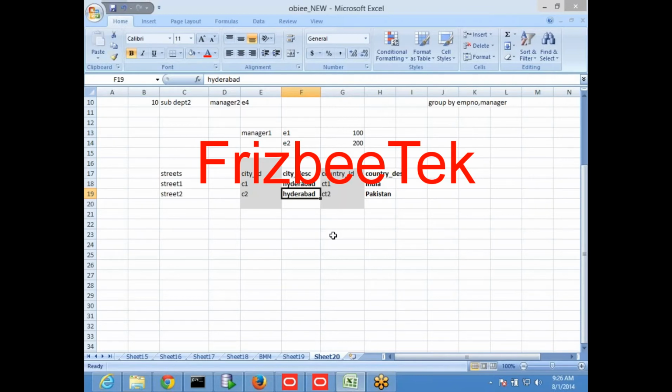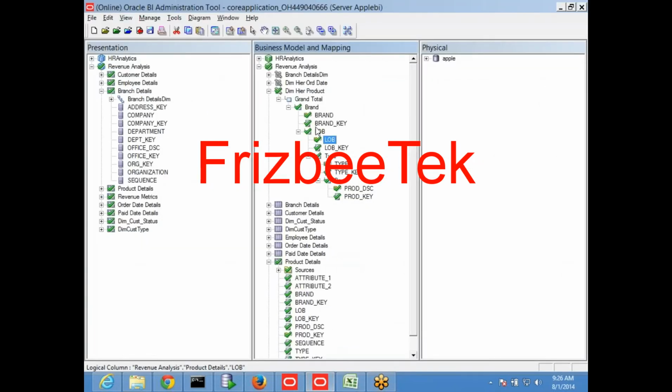That's the reason, mostly when we are creating levels, you have to have a column which will uniquely identify your data, instead of the description or whatever other column. In the brand level also, the brand description sometimes may be the same for both.